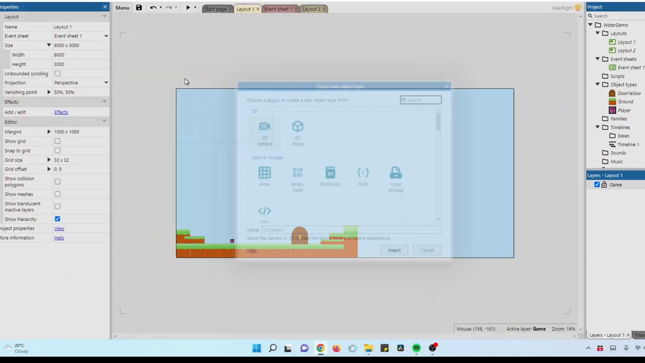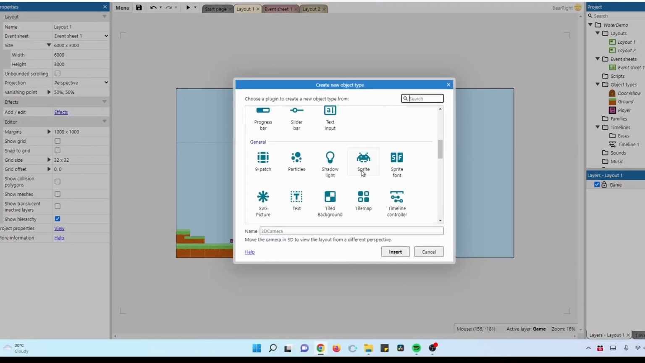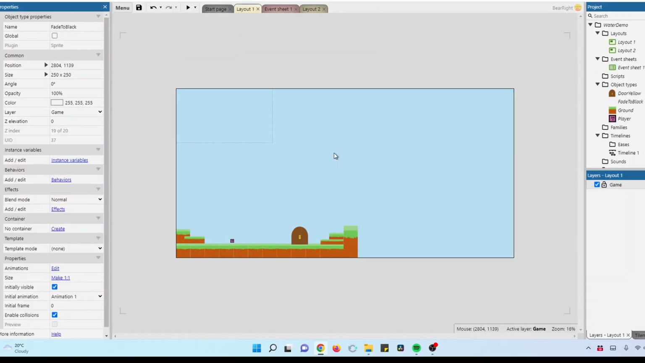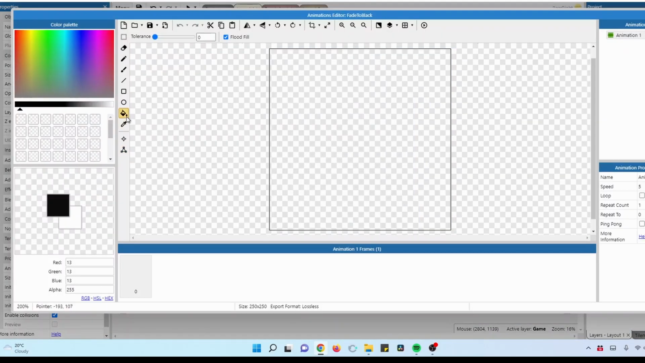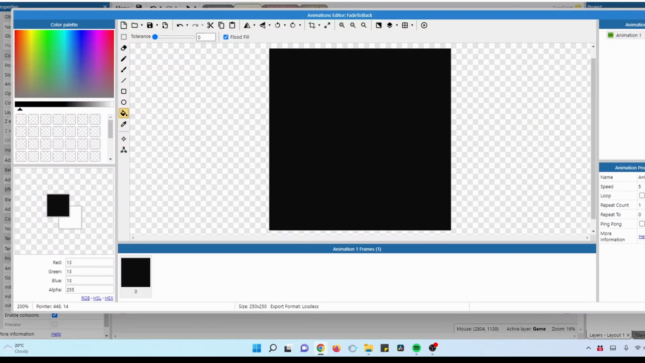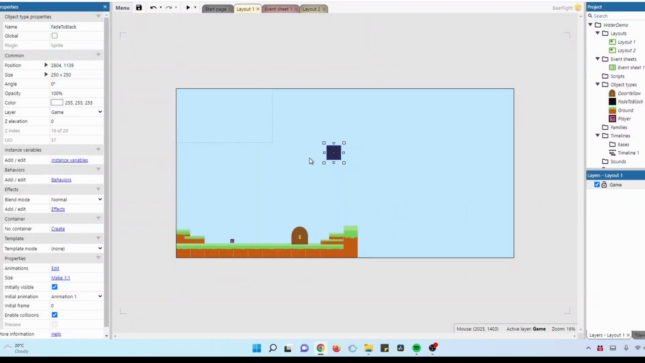First thing you need to do is insert a new object, scroll down to sprite, and I'm just going to call this fade to black. Now, even though the name is fade to black, you can fade to any color, so you might want to choose white or red or any color you like. I'm going to go for black, and once I've got that, I want to make sure this fills my entire